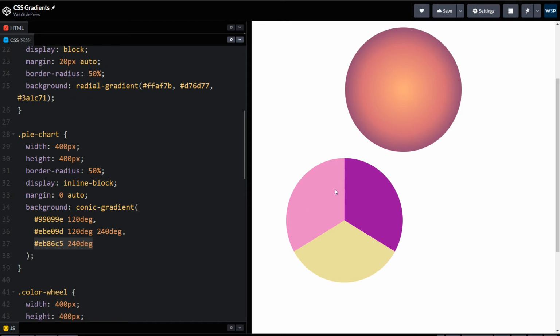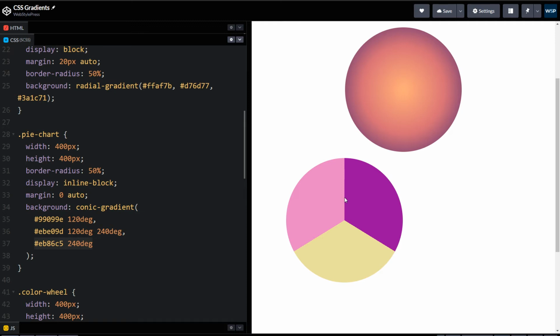So what is a conic gradient? A conic gradient is similar to a radial gradient. Both are circular and use the center of the element as the source point for the color steps. However, color steps of a radial gradient emerge from the center of the circle, and a conic gradient places color stops around the circle. One emerges from the center, the other one moves around the circle. Conic gradients rotate color stops around the central point rather than radiate from the central point like the radial gradient. Conic gradient color stops are placed around the circumference of the circle.